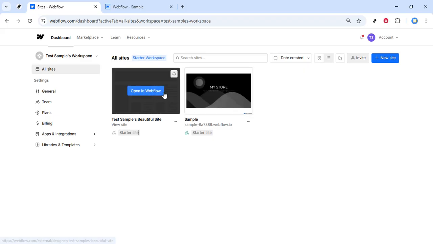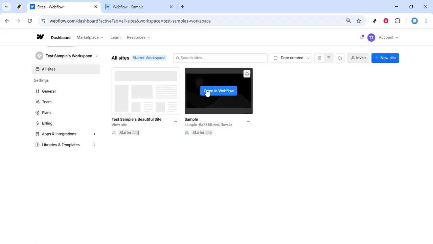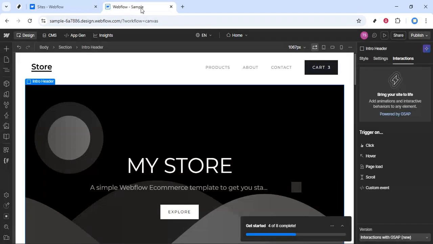Now, go ahead and select the site you want to make multilingual. Simply click on the site's thumbnail or title. This will take you to the site's dashboard, where you can manage settings and make all the necessary changes to